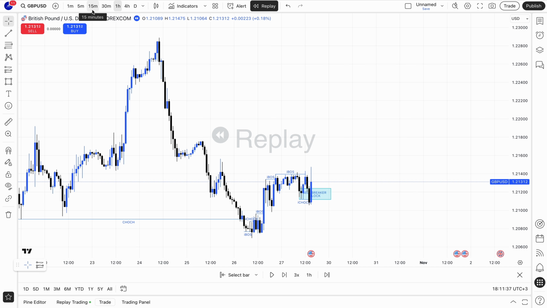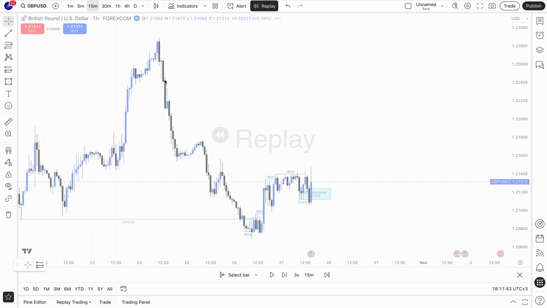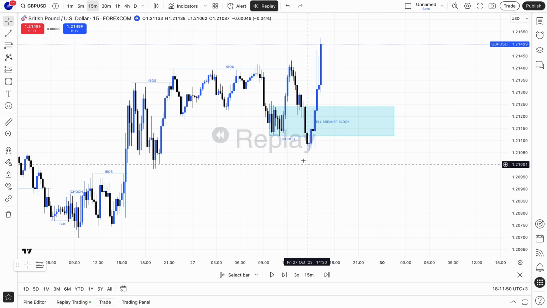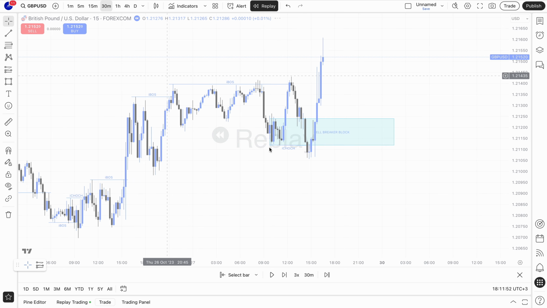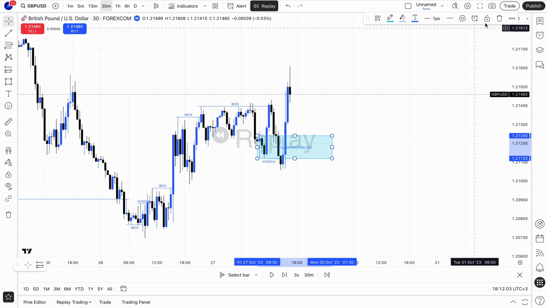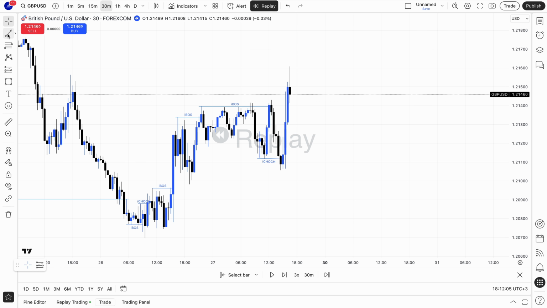Then 15 minutes, break, then retest. Let's see that confirmation. We didn't get it, because the most important thing, you have to wait for 30 minutes that it break, then this retest, you see it breaking down for more confirmation. Right now,